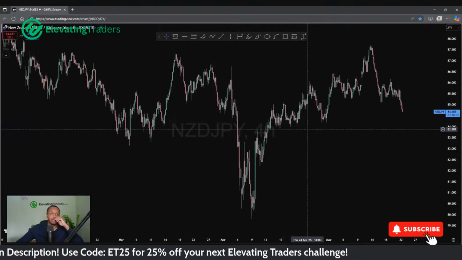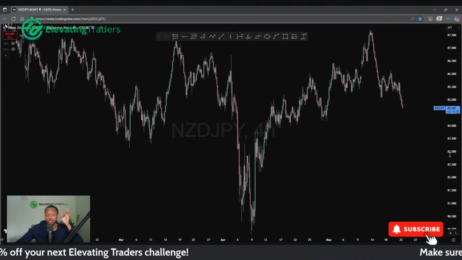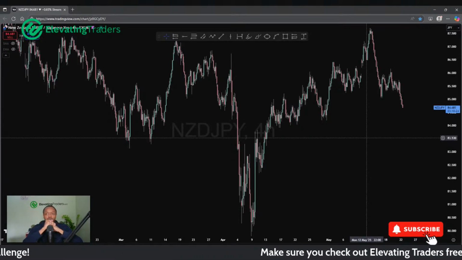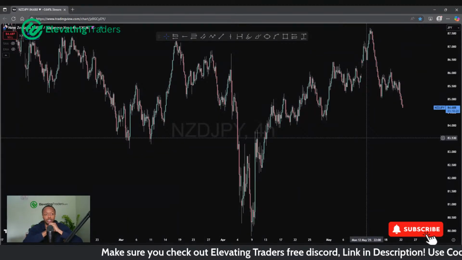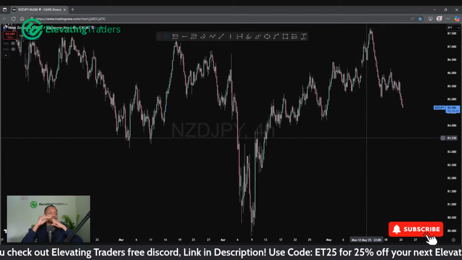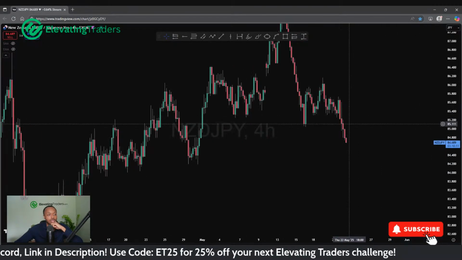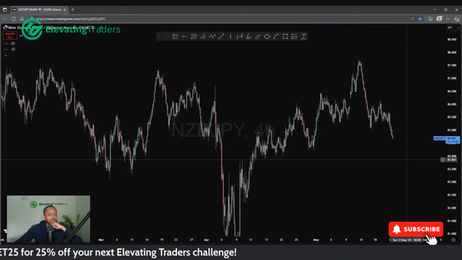So New Zealand yen looking pretty bearish. Not CHF, sorry, yen was pretty strong. Well, not incredibly strong, but it has been stronger since we last spoke. And we had some news early this morning, which did invite more strength for the yen, and we have pushed on a little bit here. So yen being a little bit strong, NZD I think a bit weak as well, has caused New Zealand yen to drop.